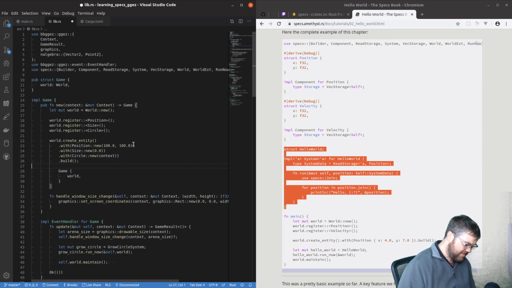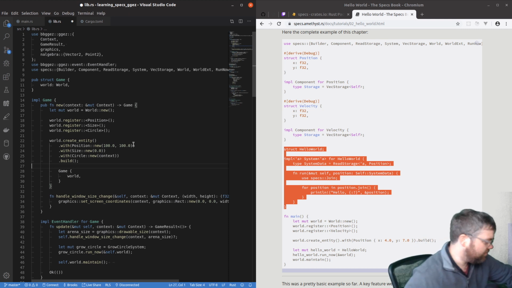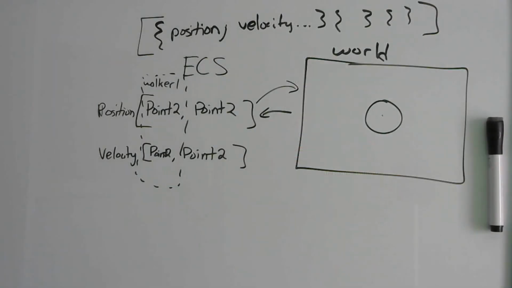Can you explain ECS in a couple sentences? Just a brief overview. Yes, absolutely. So I'll switch over to the whiteboard for that again. So the idea here is